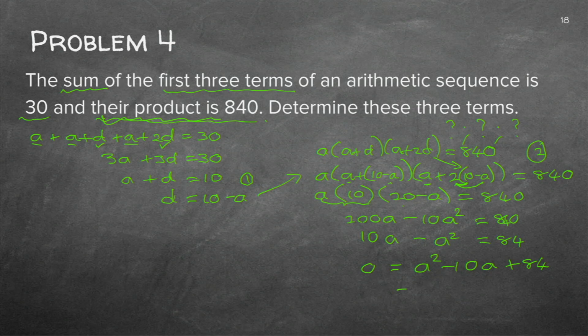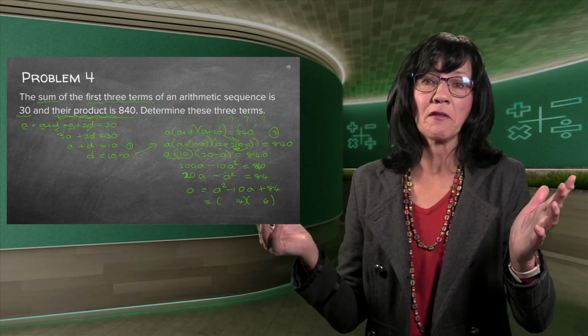Now, I'm going to try factors. You can grab your calculator and try. But 14 times 6 gives me 84. And because I want a minus in the... No, not 14 times 6. Did I make a mistake somewhere? Let me just make it was a 20 there. I thought 20. You see how easily you make a mistake just by writing ugly?